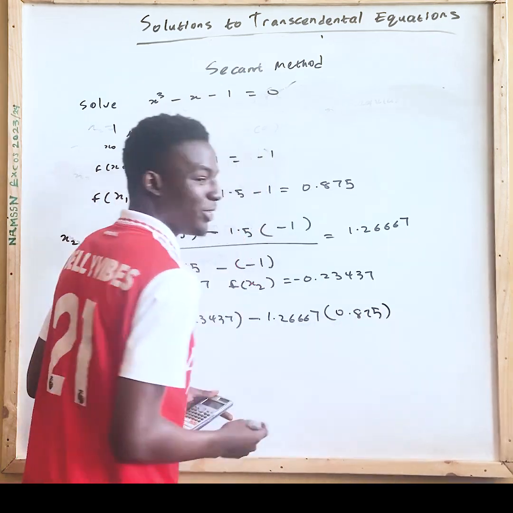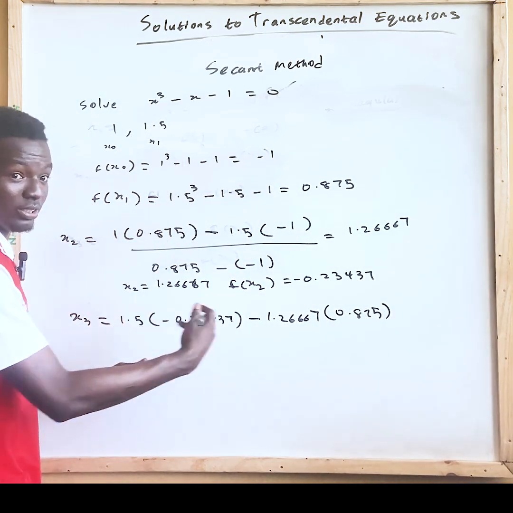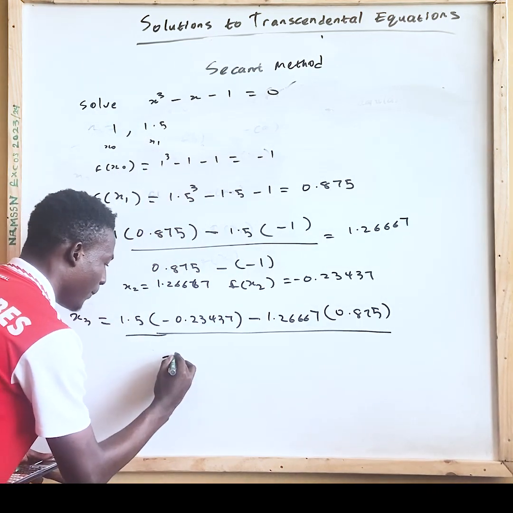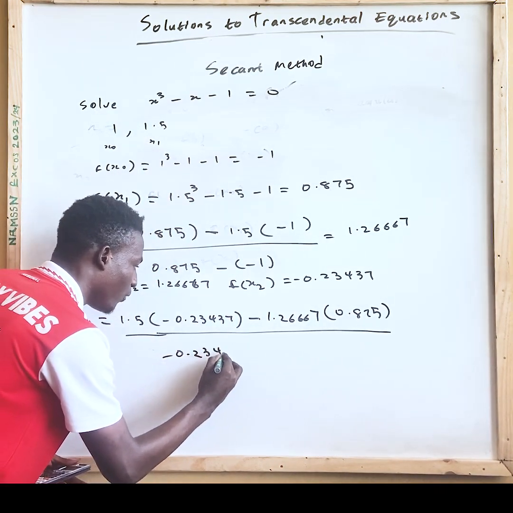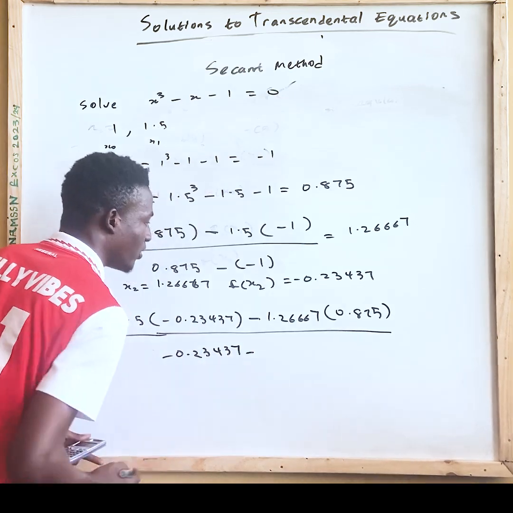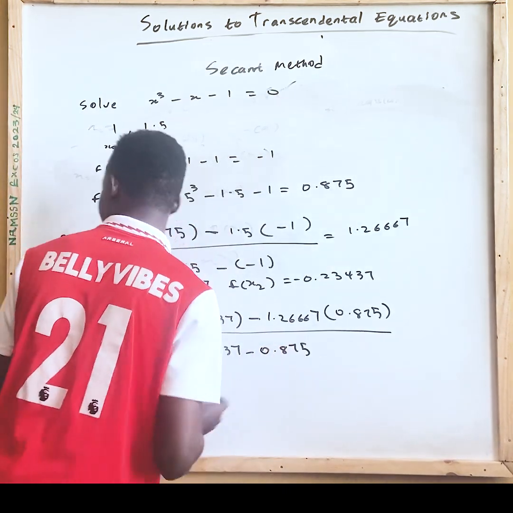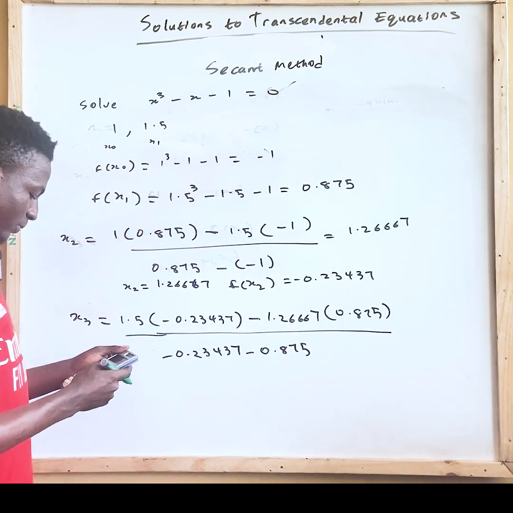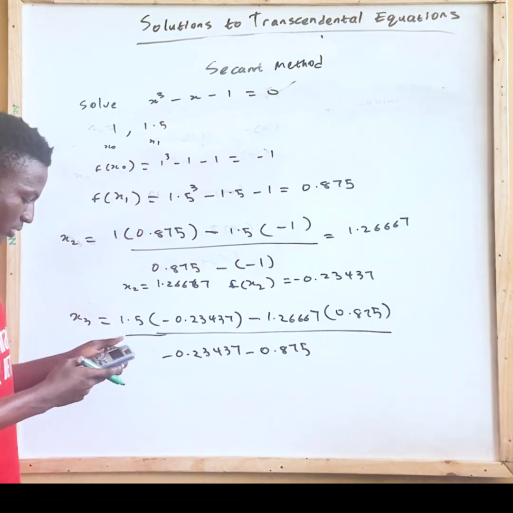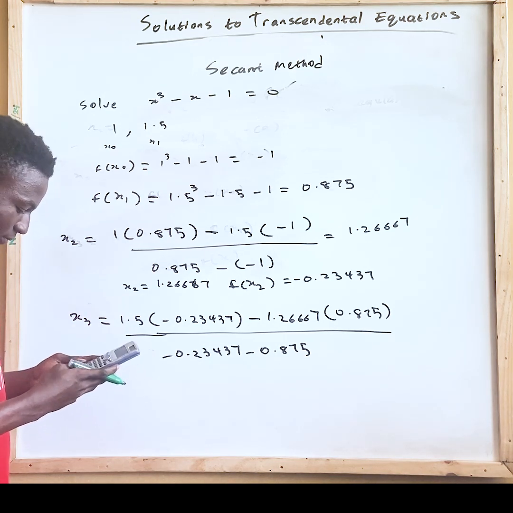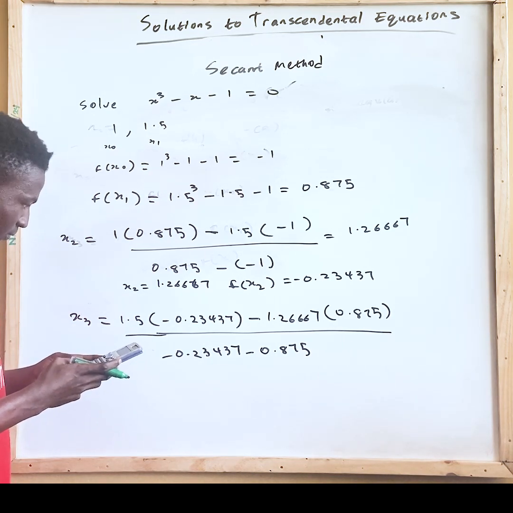0.875. So you can see this one is here. So when you are doing your next iteration, it's going to be here over minus 0.23437 minus 0.875. So using your calculator, you'll be having 1.5